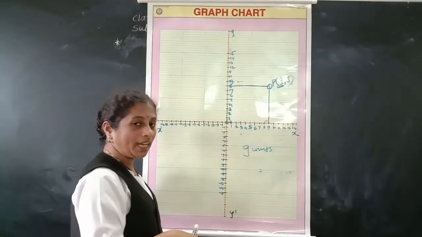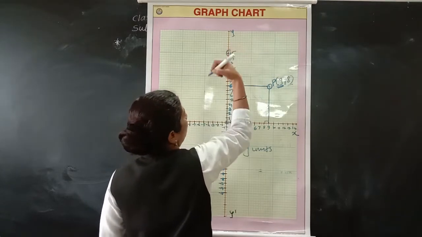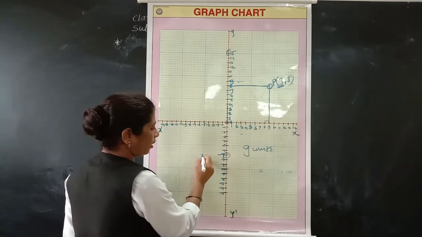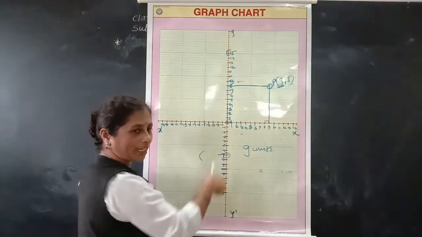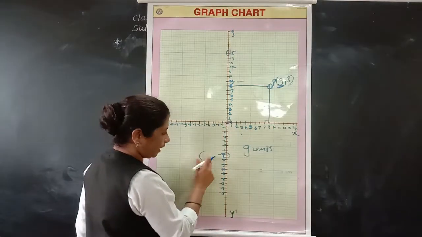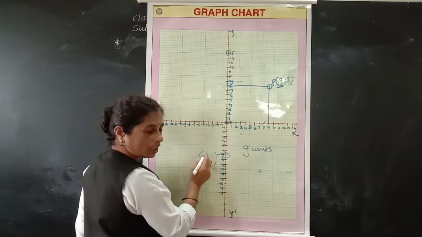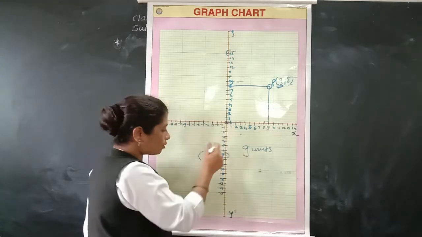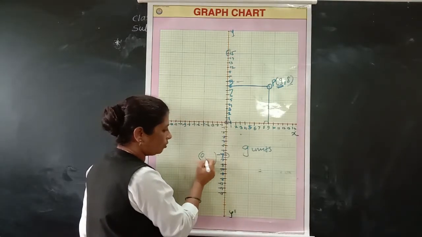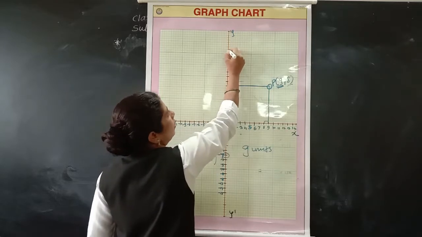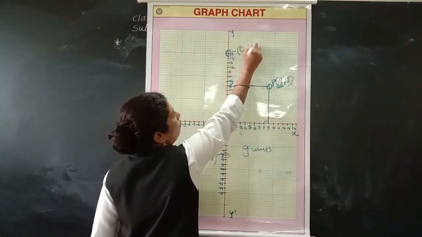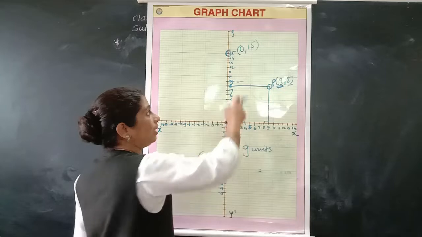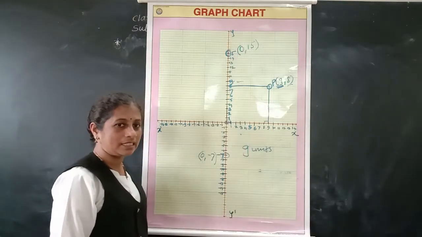Next question is the abscissa of any point on the y axis. See here, if you take any point on the y axis, here I have taken 15, right? Suppose -7 is there. Okay. So what are the coordinates of this point? If you take this point, what are the coordinates? See here, this point and this point lie on the y axis, right? So the coordinates will be: x is not there, meaning 0, and y is -7. Here what will be the coordinates of this point? 0, 15. So like this, if you take any point on the y axis, then the abscissa will be 0. Understood? So your answer 0 is correct.